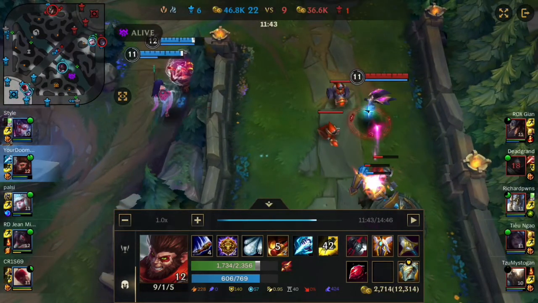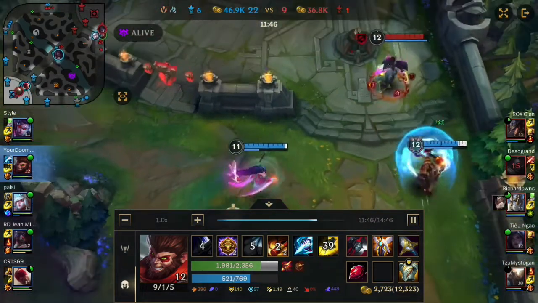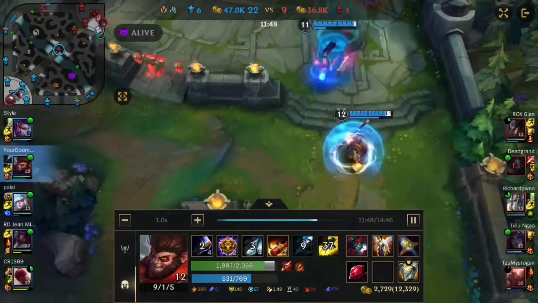I'm actually pinging to wait for my ult cooldown. Pinging your ult cooldowns is huge because sometimes your teammates don't know. So I'm pinging, like, let's wait for my ult. But we go a bit early. If I had my ult up, I think we could have killed him, but it just came off cooldown,